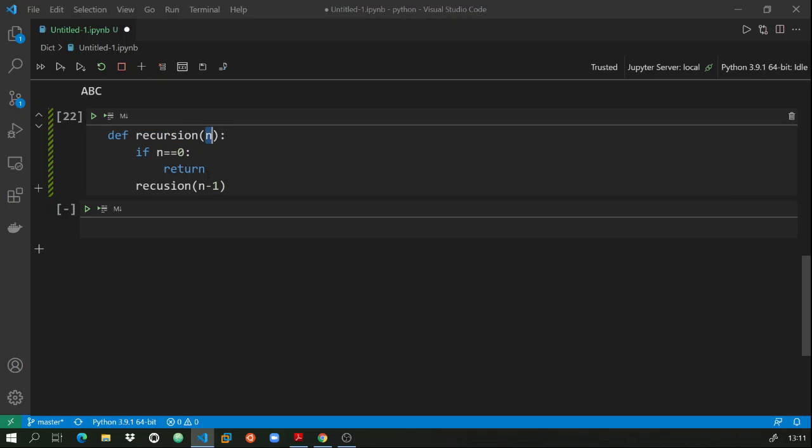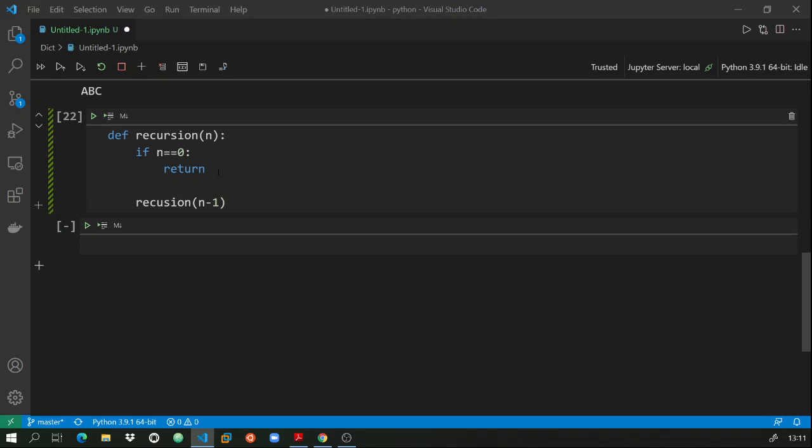It will again come, and it will print, let me print this thing as well so that it will be easy for us to see. It will print and again call n minus 1. Now the n value is 1. It will do 1 minus 1, 0. It goes back to this recursion again with the value of 0, and then it will check, okay, it is 0. Then we provide the return condition, because we have seen previously, if we don't provide any return condition, it will go on an infinite loop. So I have given a base condition, that if n is equal to 0, then return. So it will return from the function, and then this function will not form an infinite loop.